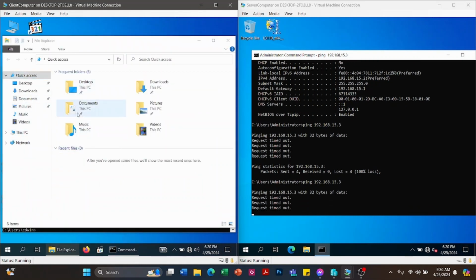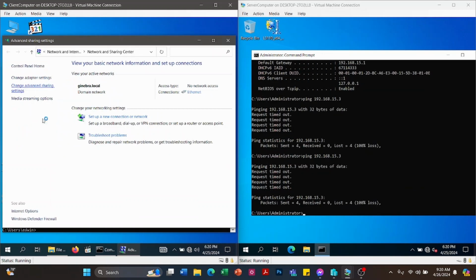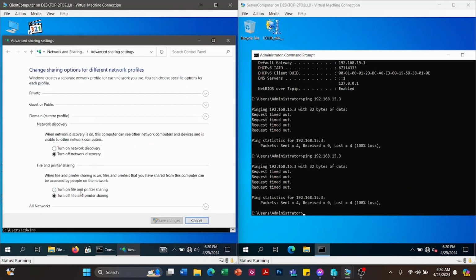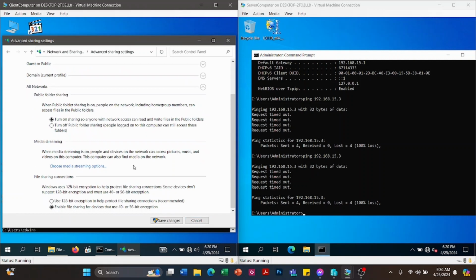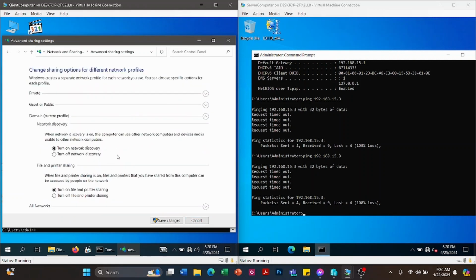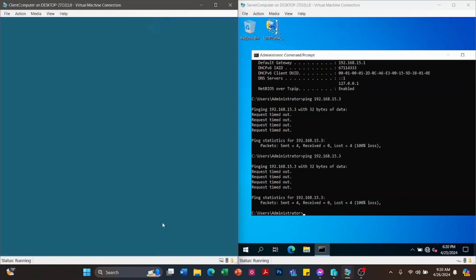So let's check the settings of advanced sharing. It automatically turned off the discovery. Okay, so let's just turn on the discovery. So we didn't see this one, the domain. Just turn on the discovery.